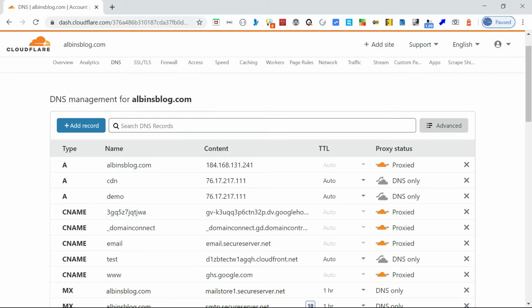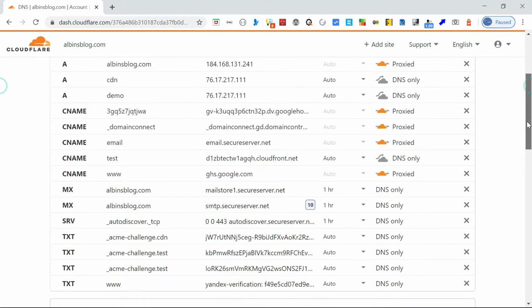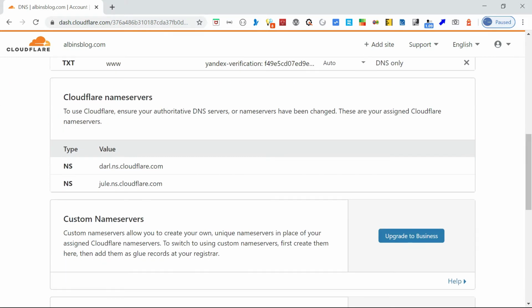You can even use Cloudflare only for resolving the IP address. Here, for this record, it says DNS only, so it means that traffic is not proxied through Cloudflare. Also, if you see, the name servers for this specific domain are pointing to the Cloudflare name servers. My domain is registered through GoDaddy, so there I changed it to point to these name servers.